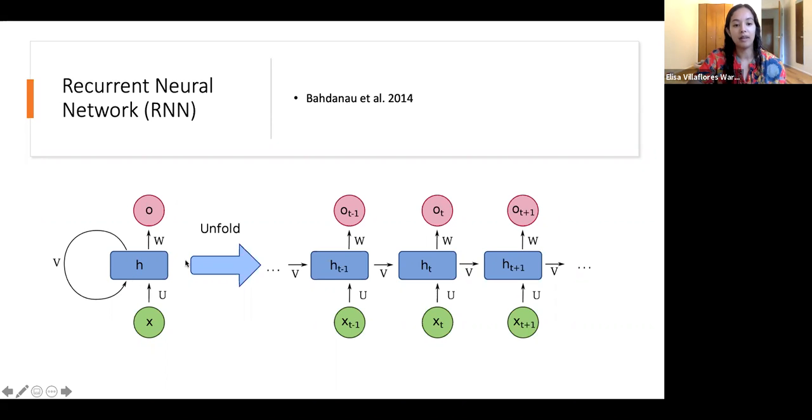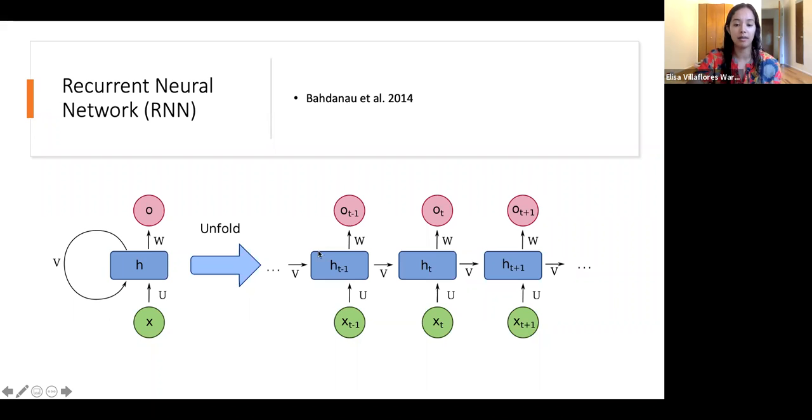If you unfold the network, you will see that there is basically a chain of networks that are all connected together. Each network is represented here as H, and we call that a hidden state. The way it works is that there's an input that goes into a hidden state, and then an output is predicted. Then at the next link of this chain, another input is given, and this hidden state takes both the information from the input and information from the previous hidden state to come up with the output.